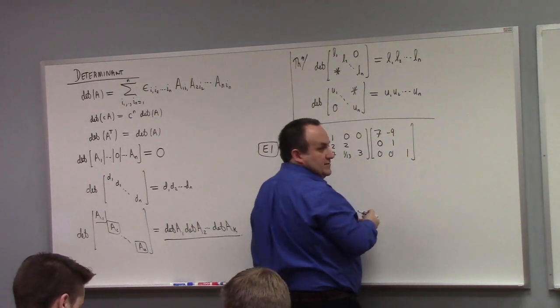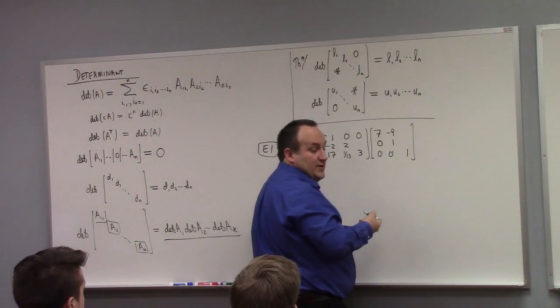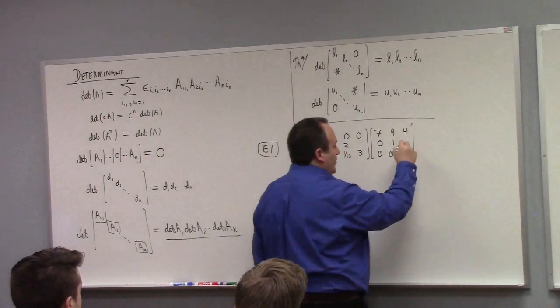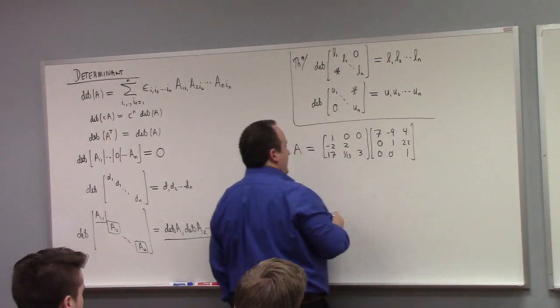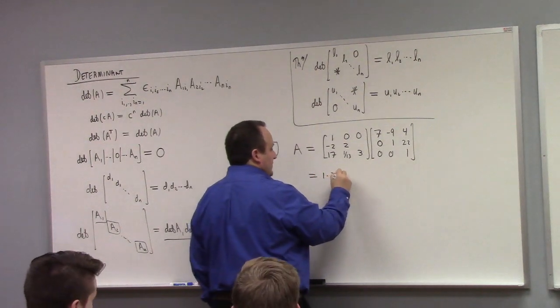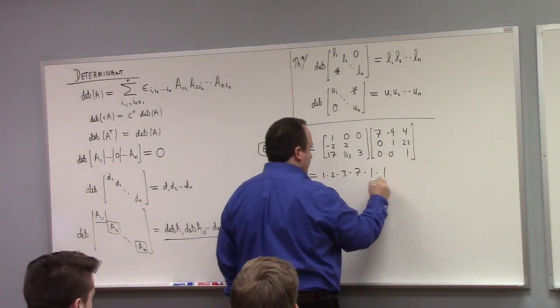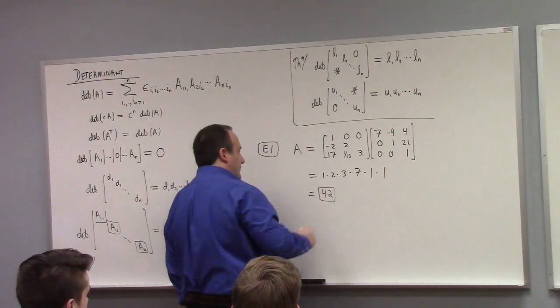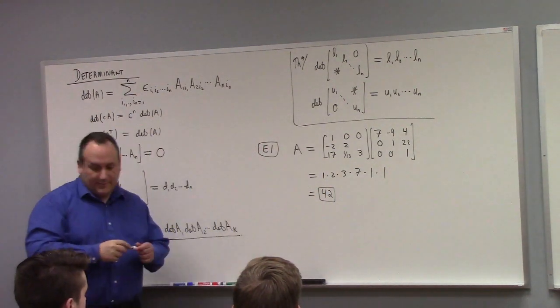What's your favorite number? What? 4. Okay. Anybody else? 22. I got room for one more. Okay, great. Then the answer to this is 1 times 2 times 3 times 7 times 1 times 1. It's 42. What do you know? Obviously an accident. But,